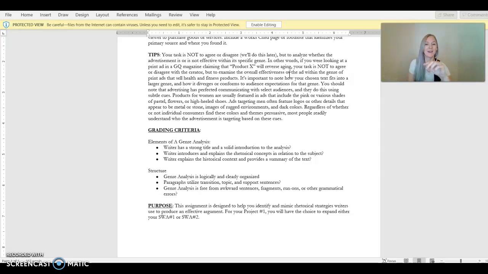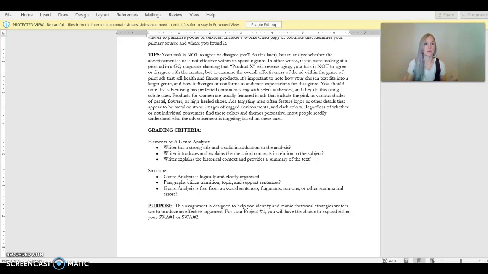All you need to do is figure out if that ad is successful or effective at convincing people that the product does what it's supposed to do, even if nothing can reverse aging. That doesn't matter. What matters is, is this an effective ad? And what I want you to pay close attention to is that ad itself as